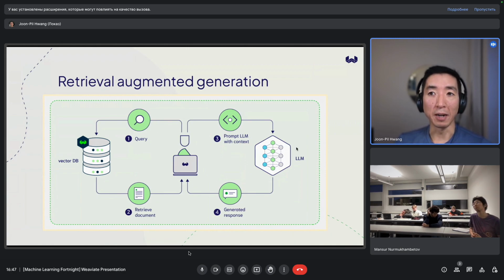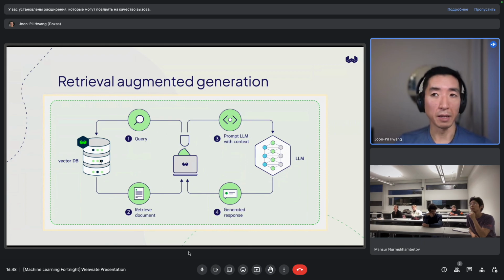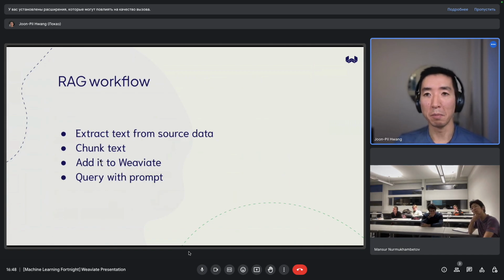So there's no extra latency, because it's not coming back to your computer, if you're dealing with a remote database, to then go to the large language model and back. The vector database directly contacts the API and it comes back to you. So if latency is a key target, then it's an efficient way to do things. It's inherently a two-step process of data retrieval, as well as sending that data and the prompt to the language model to get the results back.